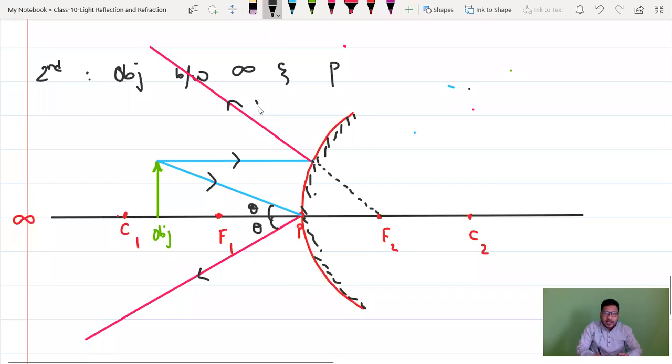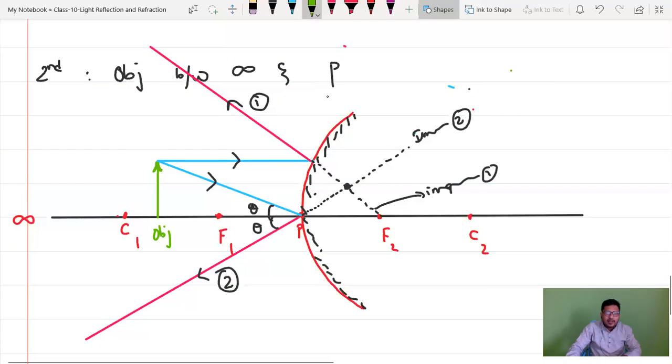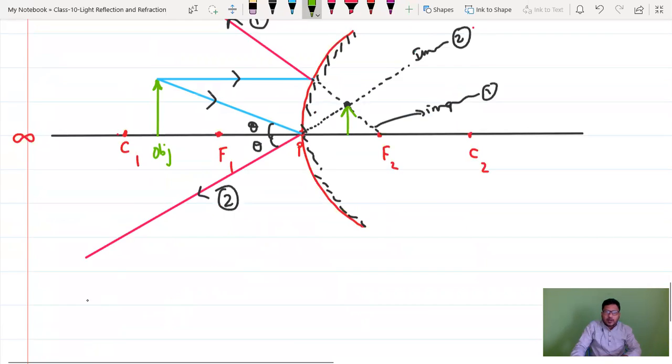Now guys, for this first reflected ray you have drawn imaginary line. This is second reflected ray, no, you have to draw imaginary line, right? So like this you can draw imaginary line. Now this is imaginary line for second reflected ray. This one is imaginary line for first reflected ray. You can see this is the point where two imaginary lines are meeting. So image is formed here. Image is formed here.